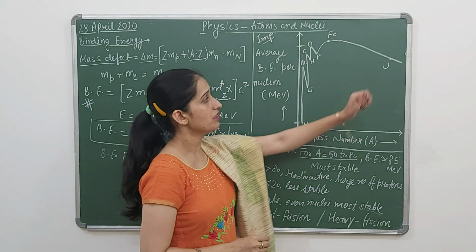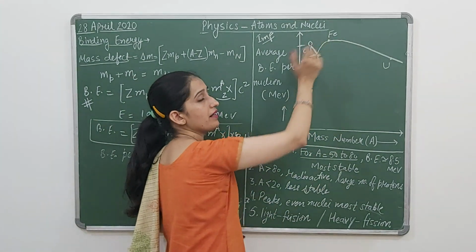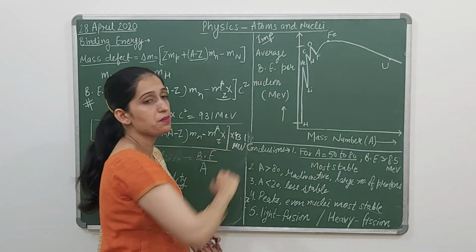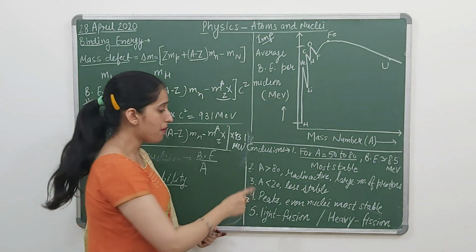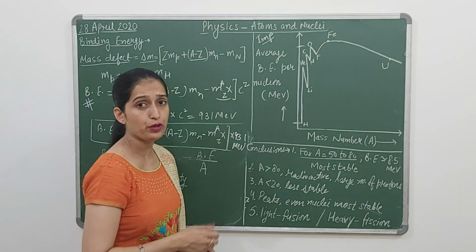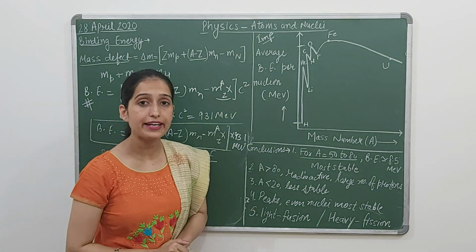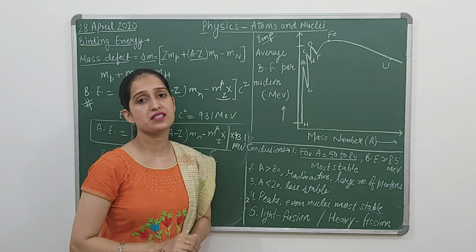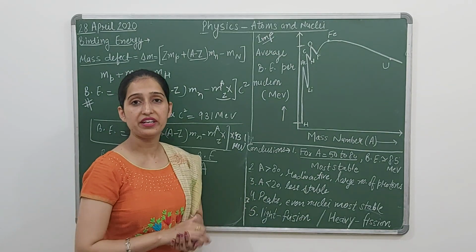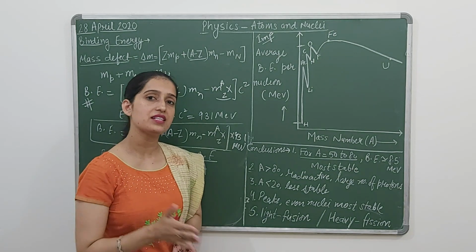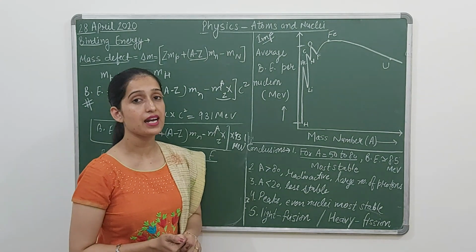Even though we have the lightest elements and the heaviest elements, the most stable are these ones, because for these binding energy per nucleon is maximum. Now the second point, for mass number greater than 80, I am talking about heavy elements, and you know very well heavy elements are radioactive in nature. They are less stable, they are decaying, they are emitting a few types of radiations, and their life is decreasing. They are not properly stable, they are less stable.